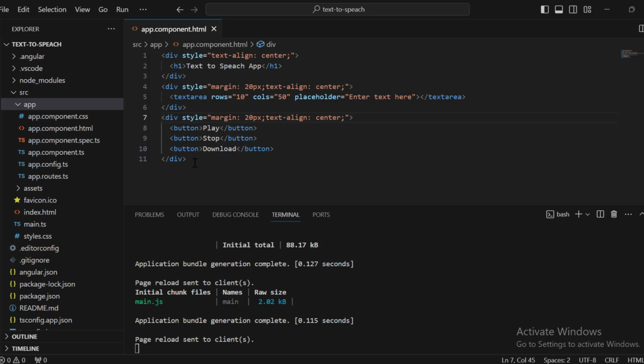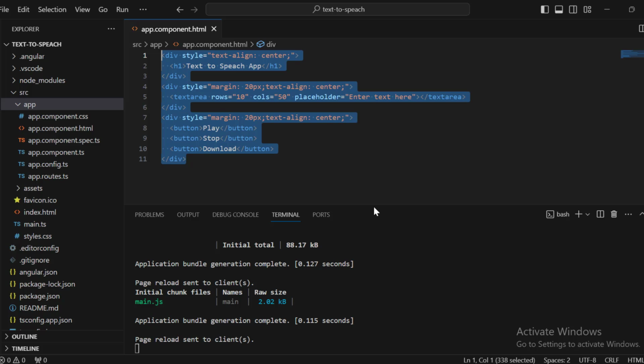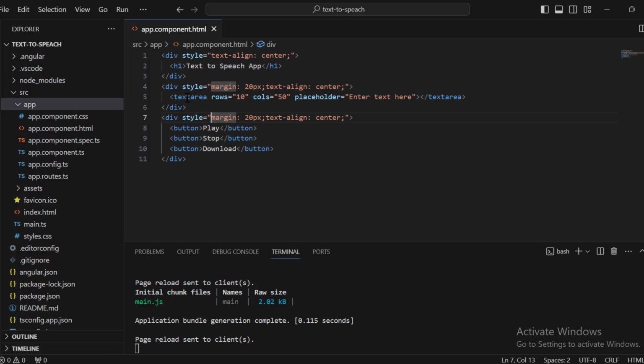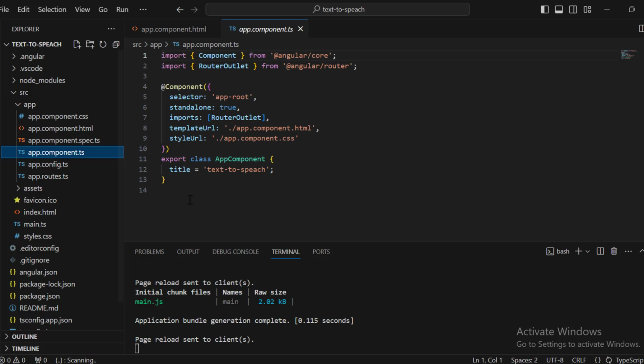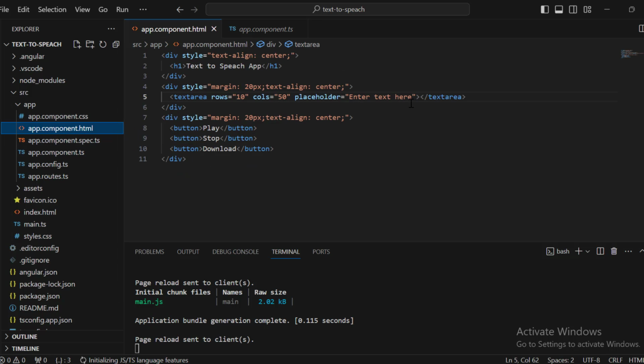so majorly the UI related stuff we have done. The only thing is we need to connect this. So for example, here we have a text area. So in this text area, whatever data you write, it should go to our component.ts file. And as of now, in this component ts, we have not written anything, right? So for this one, what we have to do, we have many different ways, but I'll